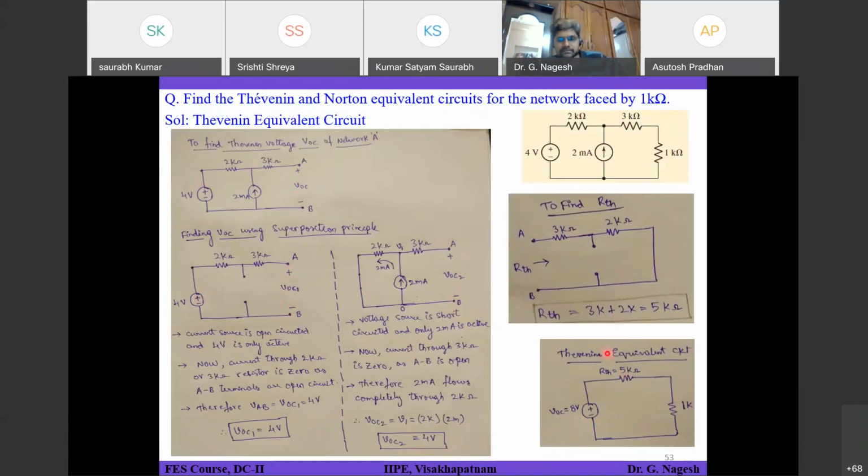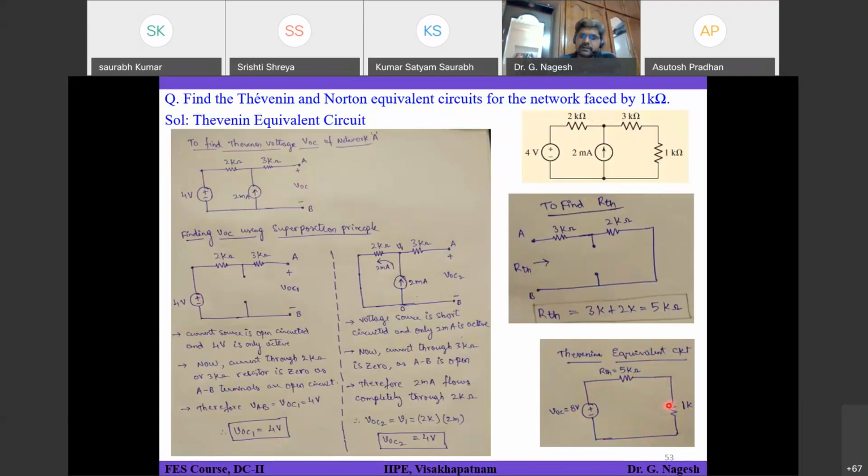So this part is the Thevenin equivalent circuit, and this is network B, which you have brought back and connected. If I ask you to find the Thevenin equivalent circuit as seen from the 2 ohm resistor, then you have to remove this and find only VTH and RTH and connect them in this fashion. That's all. There is no need to connect the 4 kilo ohm and 1 kilo ohm back. If you stop at this point itself, that is the Thevenin's equivalent circuit. So the Thevenin's equivalent circuit connected to 1 kilo ohm is this one.